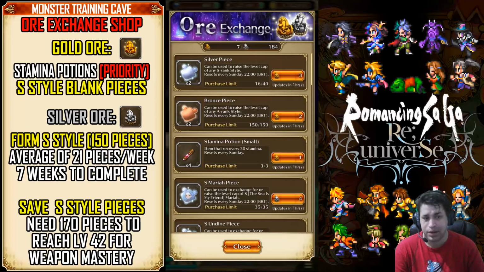You have some limits to purchase, but at least you can purchase the max you can run in a single week by silver pieces. I do not recommend getting bronze pieces because A styles are very easy to max. You get them maxed in due time just by playing the game. There are not many A styles that are worth using in the long run, but there are some S styles that are. So focus on getting the stamina potions first, and then use all the remaining gold ores to get